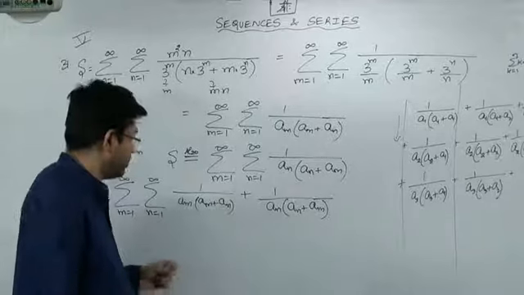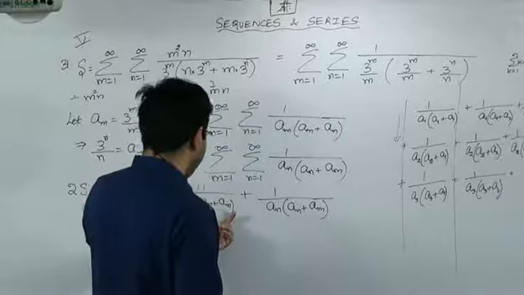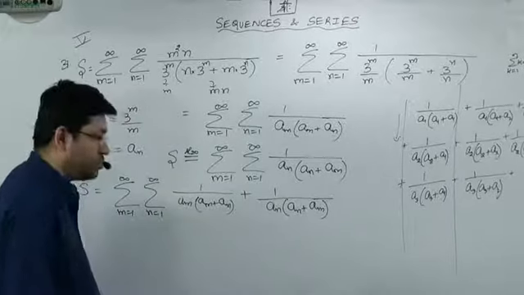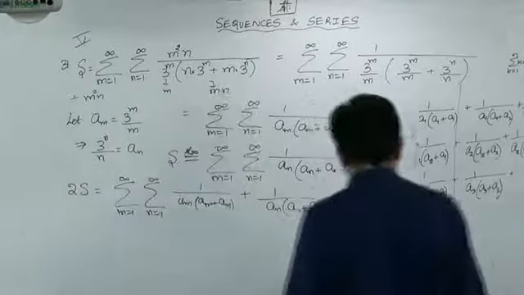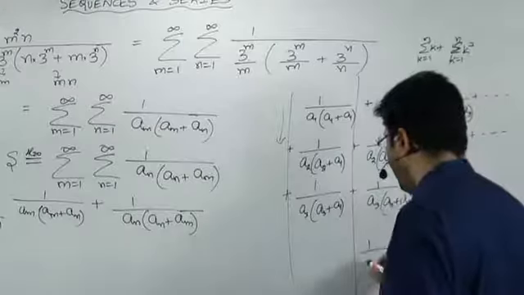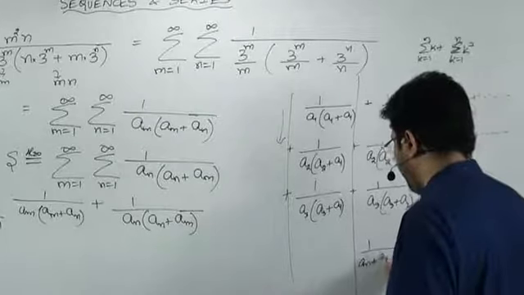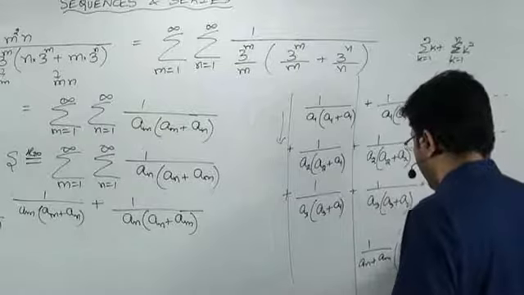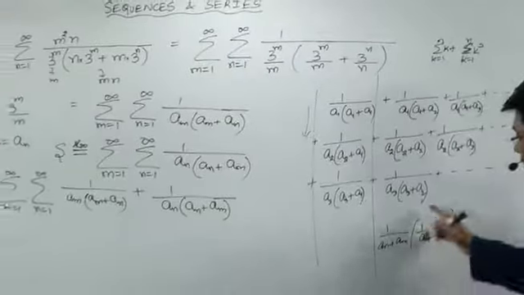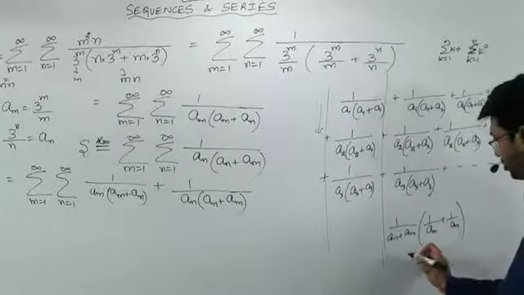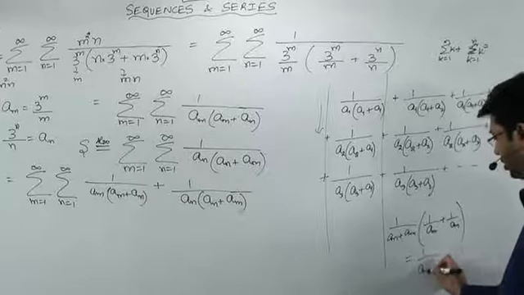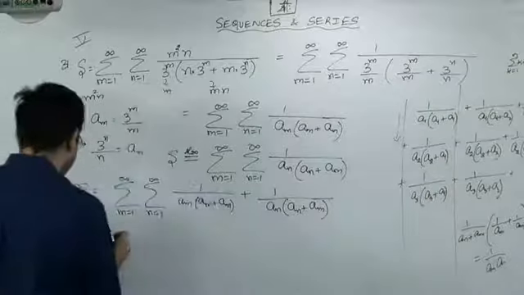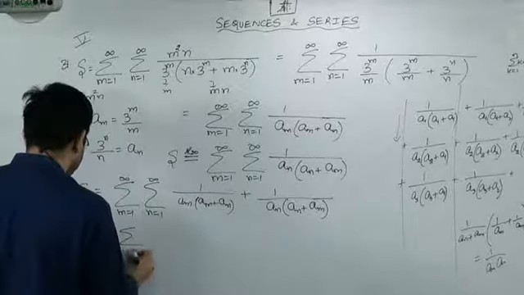Then if you take this as common factor, what will you get? 1 by an plus am times 1 by am plus 1 by an. Numerator anyway will get cancelled. So 1 by an. So 2s will become